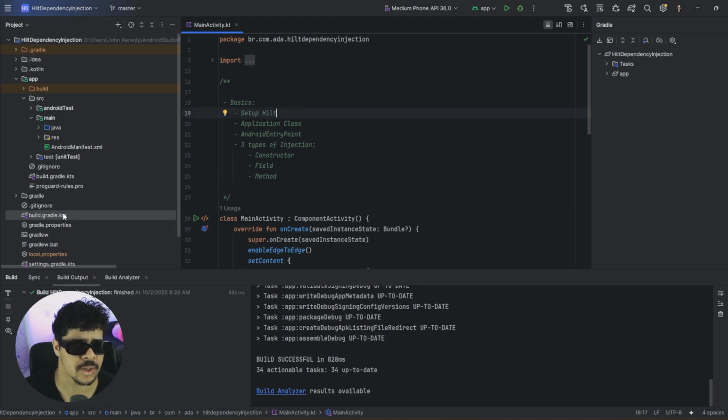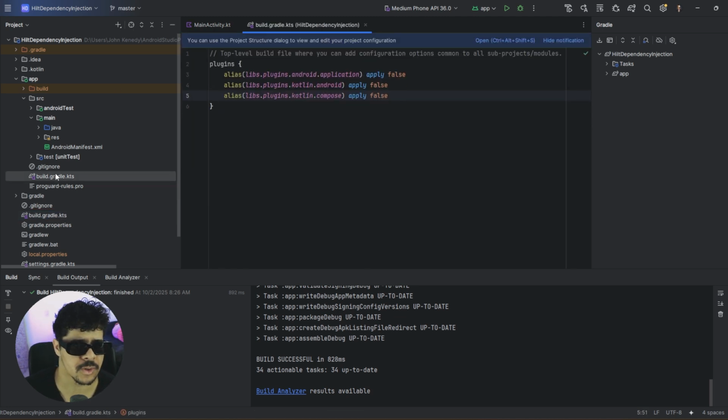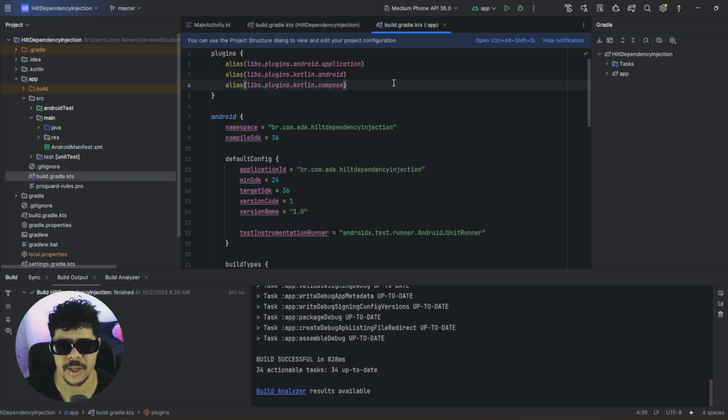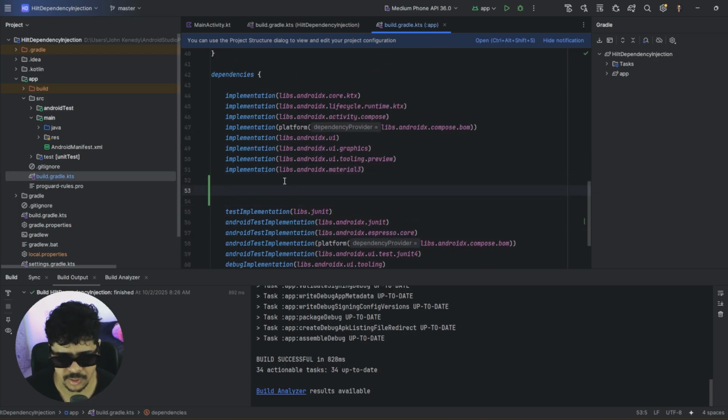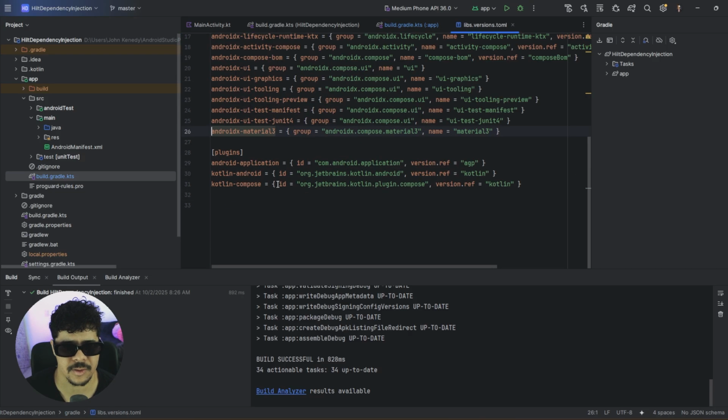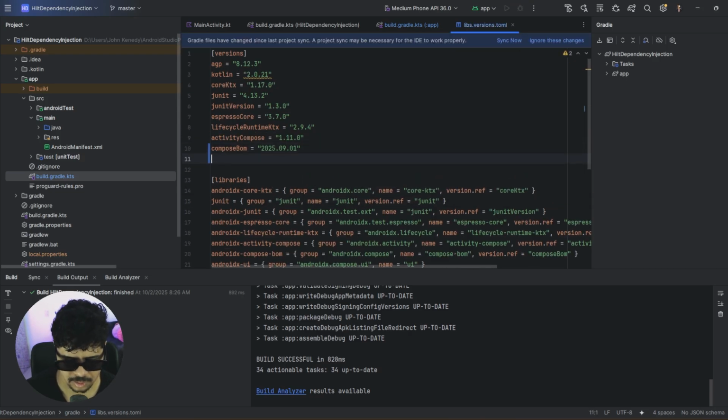Let's start with the Hilt setup. For the setup, we go to our Hilt.gradle from the app package. Here we're going to add the libraries from Hilt that are necessary. I will update this one, and let's add the Hilt version here, like this. For the Hilt version I will use